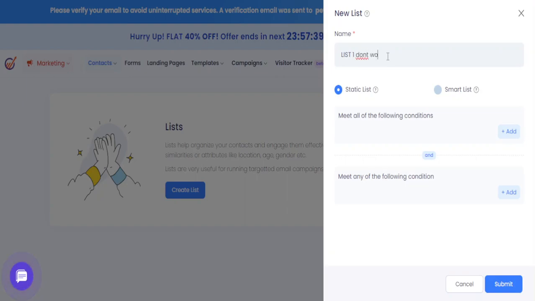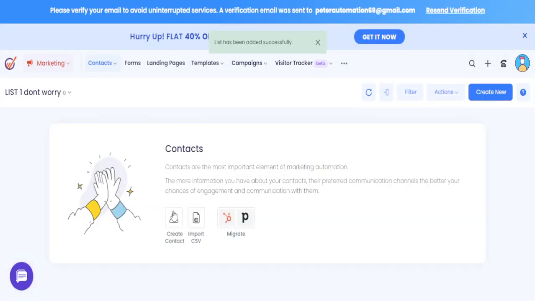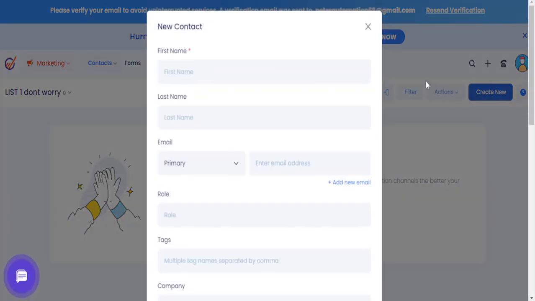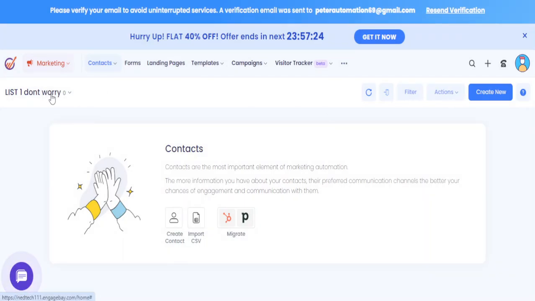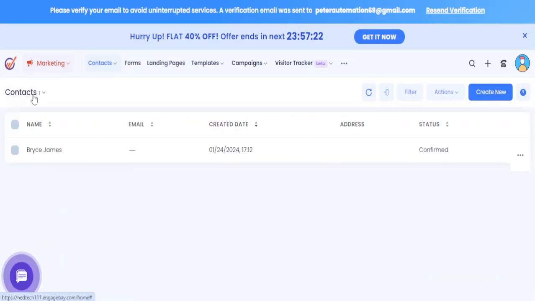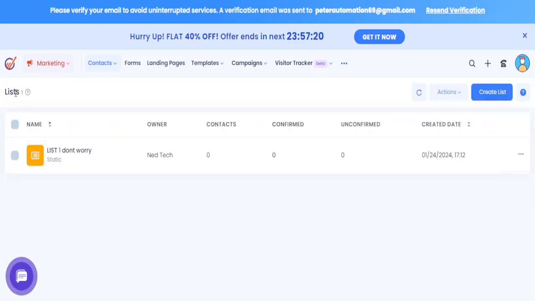Don't worry, and it will be a static list. We don't need all these things, and we can create a contact here. Like we have a contacts list. We can have a manage list, and